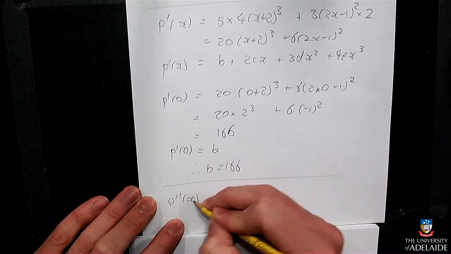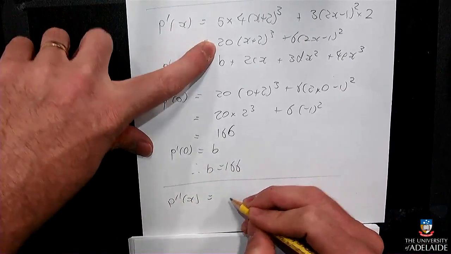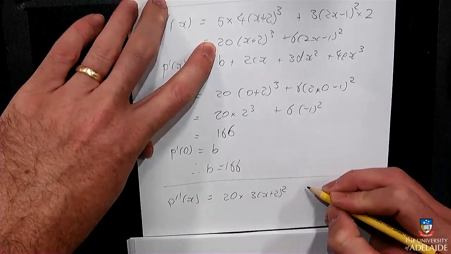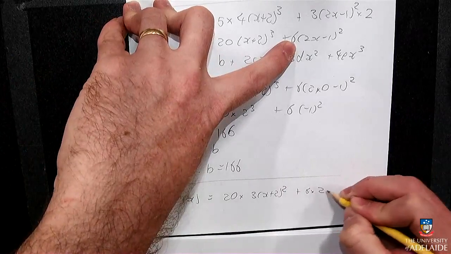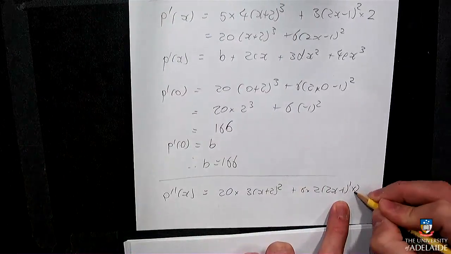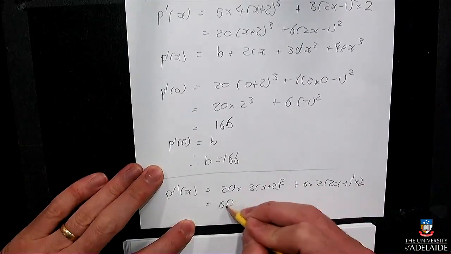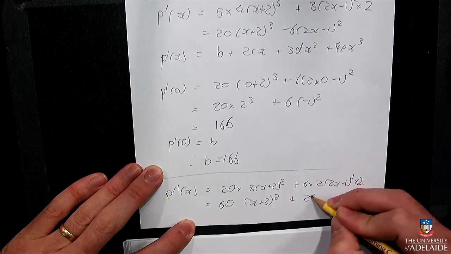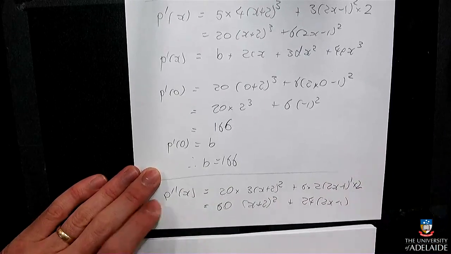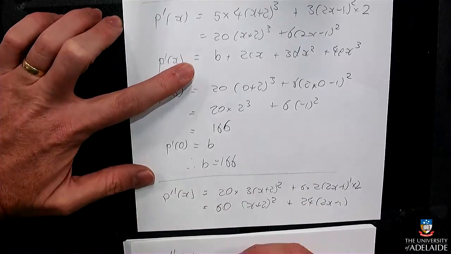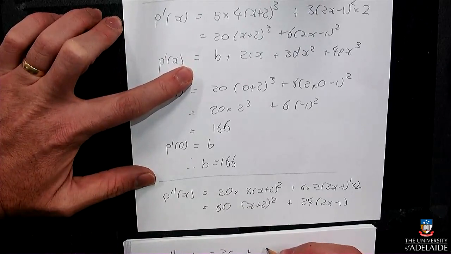So the second derivative would be, where was I? 20, and we'll have (3x + 2) squared. 6 times 2, (2x - 1) to the 1. But because of the chain rule, we'll have to times by 2. Beautiful. But p double dash x from the other formula is 2c plus 3d times 2